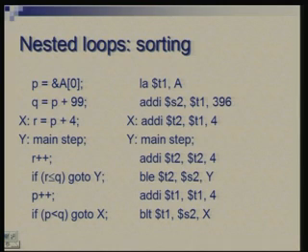So, there are two loops here. Once again I have not put for structures, I have used comparison and jumps. So, you would notice that there is one loop here, okay, which is beginning at y, and this is contained in another loop which is beginning at x. So, that is the outer loop. Inner loop makes a pass over the array. The main step, which I have not detailed here, I will look at it separately.